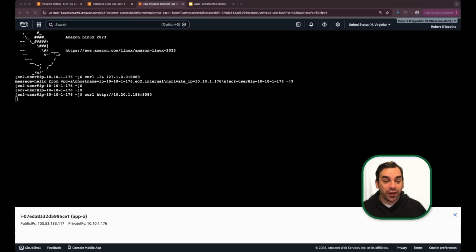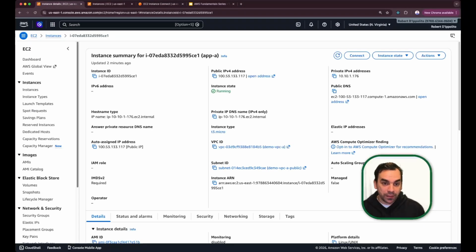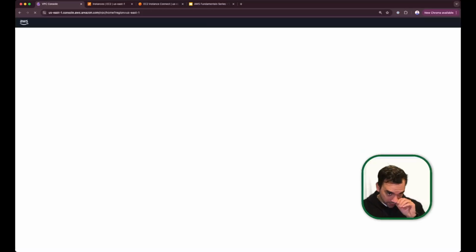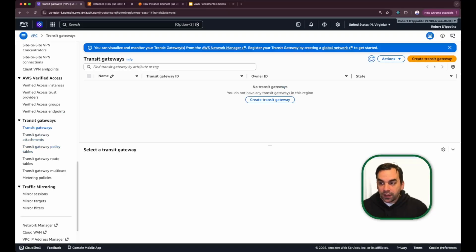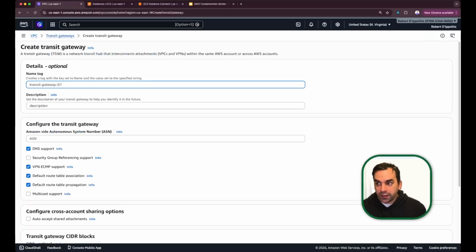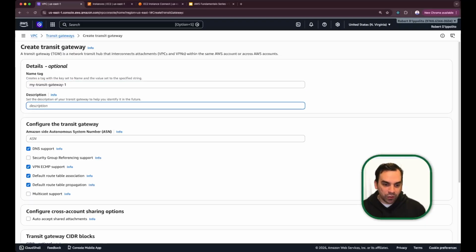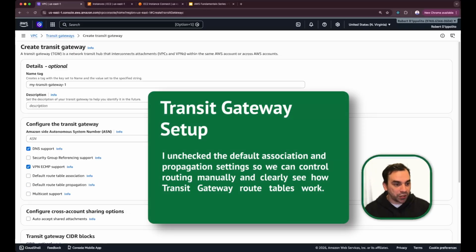So now we're actually going to go and set up a transit gateway. To do that, I'm going to go back to our console, and go to our VPC section. Here I'm going to scroll all the way down on the left side to transit gateways, and click create transit gateway. I'm going to say my transit gateway 1, no description. I'm going to uncheck default route table association and propagation